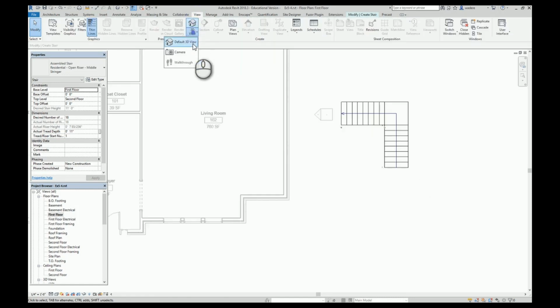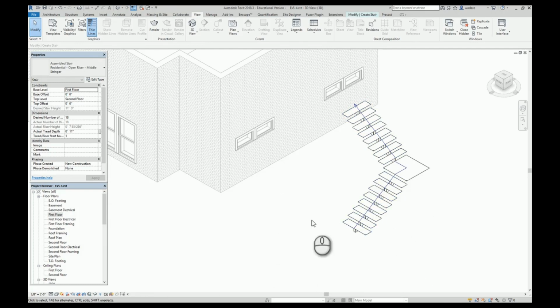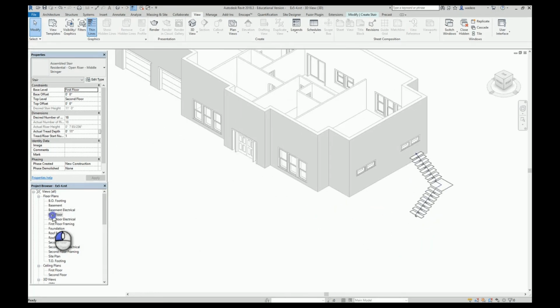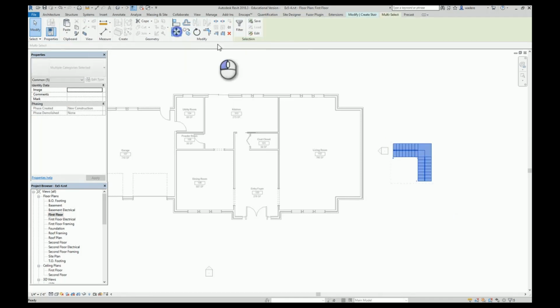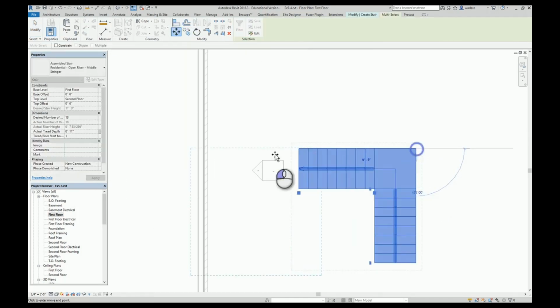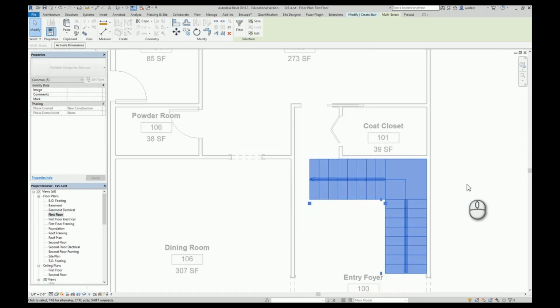So now I have my stairs the way that I want them. If I look at this in my 3D view, you'll see the kind of stairs that I was talking about, that they have just a single riser up the middle and they're open stairs. Now I'm going to go back to my plan view, and you want your stairs to fit tightly against the walls. Stairs are attached to walls in most cases. So I'm going to select my stairs, and I'm going to hit move,